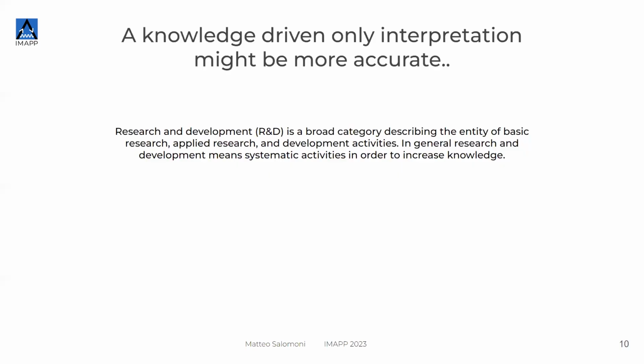And so if we have to go back to the interpretation that Springer gave, I would just cut it. You just take the beginning and you stop at the point where it should stop, which is the more general idea of R&D that you can get. So in general, research and development means systematic activities, and systematic is important, because being systematic, you will find out if you go through, is the key for success in the lab. Systematic activities in order to increase knowledge, full stop. And then this knowledge can be used for whatever. It has to be published. In our case, it can be patented if you want to get money out of it. It can be many other things, but in the most general way, this is the definition.